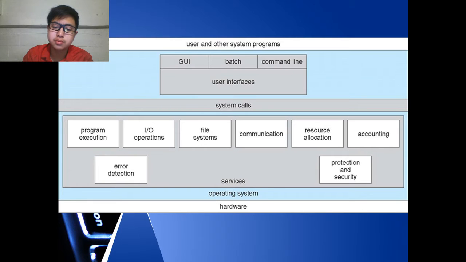The system must be able to load a program into memory and run that program, and execution either normally or abnormally, indicating the error if it exits abnormally. Input-output operations. A running program may require input or output, which may involve a file or an input or output device. File system manipulation. The file system is